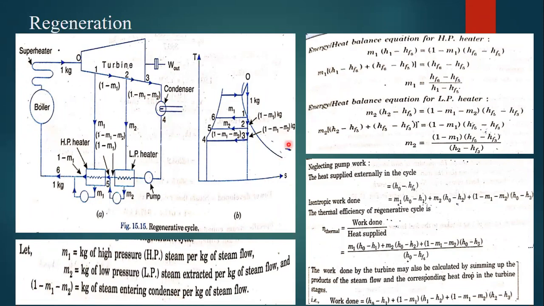Now, as in the Rankine cycle, apply the steady flow energy equation or heat balance equation for the low pressure heater and high pressure heater. So first of all, we will go with the high pressure heater. Okay, we will apply the steady flow energy equation for the high pressure heater. Why? Because we have already done a lot of things: apply the steady flow energy equation for the boiler and turbine in the Rankine cycle itself. They are going to be the same. But the new things here are this high pressure heater and low pressure heater. So that's why we need to apply the heat balance equation for the high pressure heater and low pressure heater. Okay, we will calculate one by one.